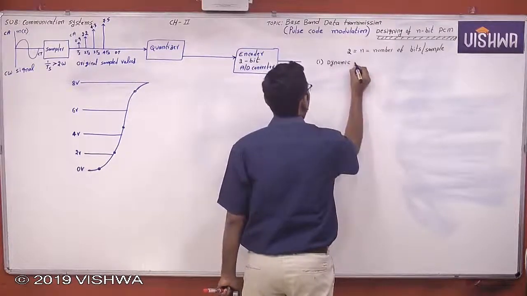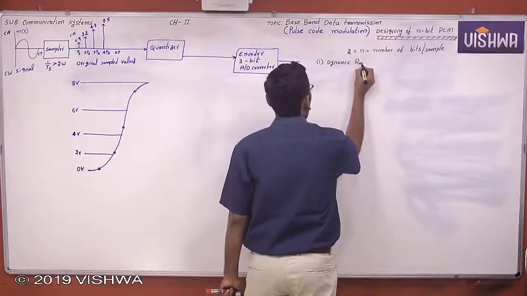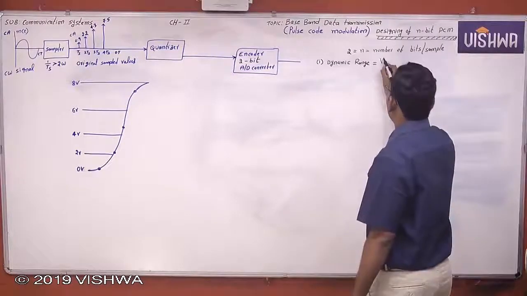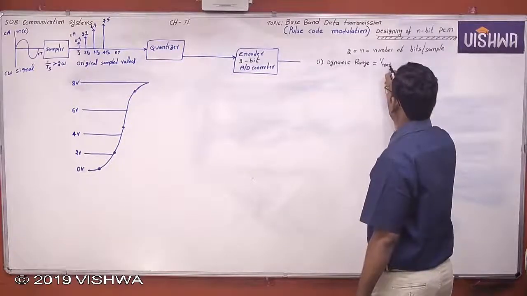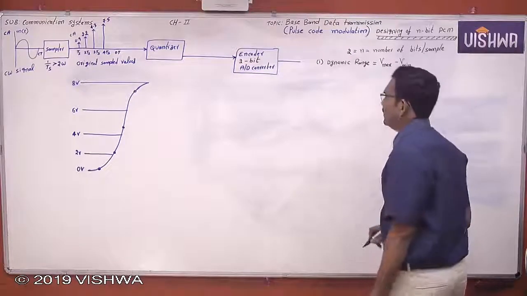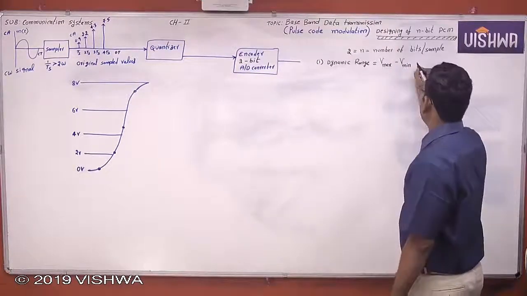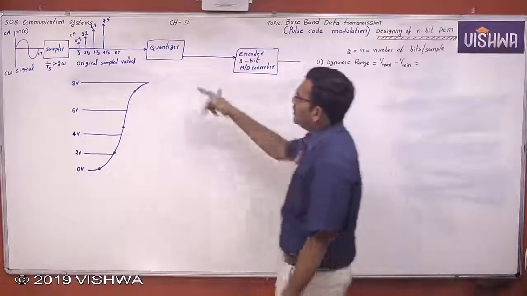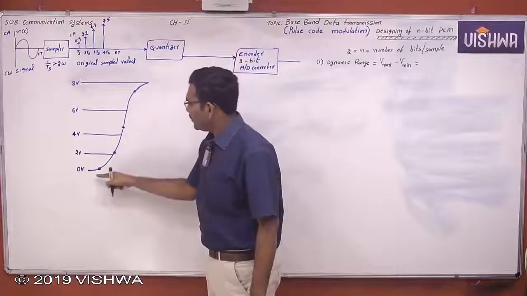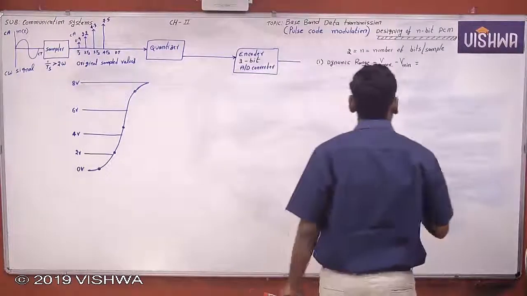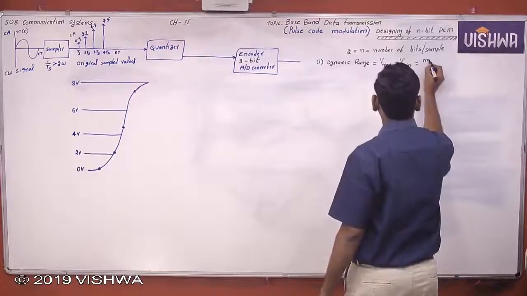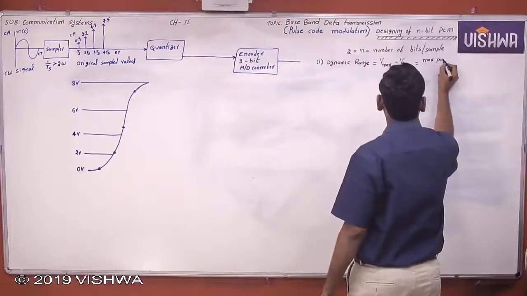Now what is the dynamic range? The dynamic range is nothing but maximum voltage minus minimum voltage. The dynamic range is V maximum minus V minimum. Now see here, what is the quantizer maximum possibility? 8. What is the quantizer minimum possibility? 0. Which means that V maximum minus V minimum is also called as maximum possible